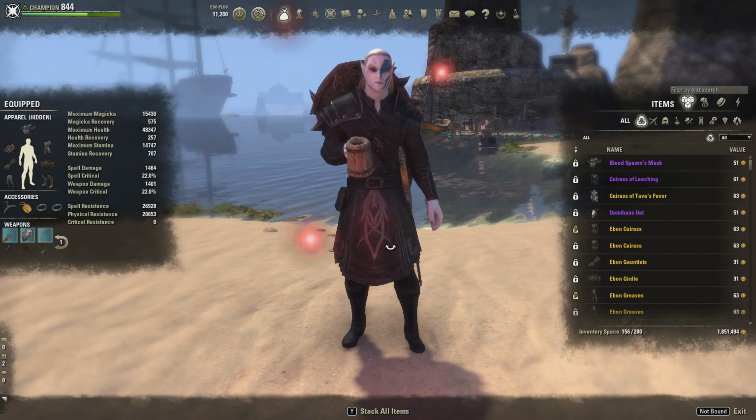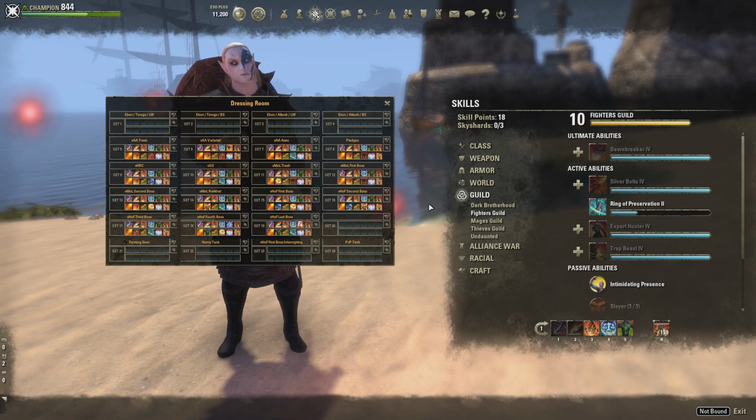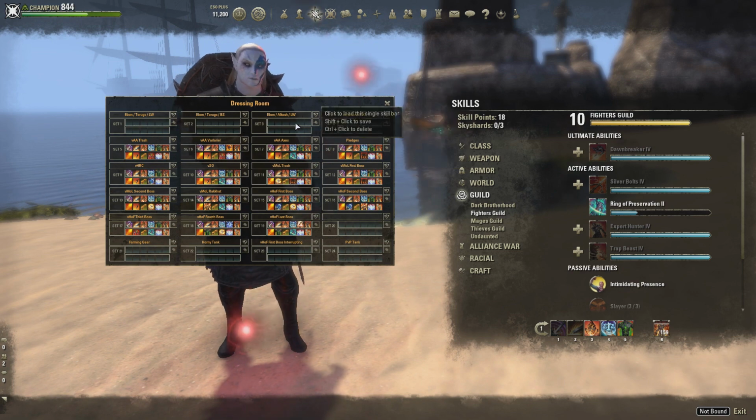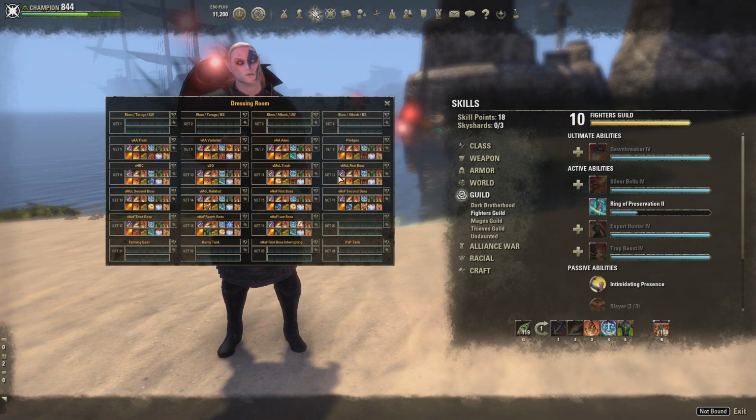Yeah, that's pretty much the gear. If you are pugging trials, and if your group wants Alkosh, I have an Alkosh setup as well, like Ebon Alkosh. You just switch Torug for Alkosh basically. Like when I equip this